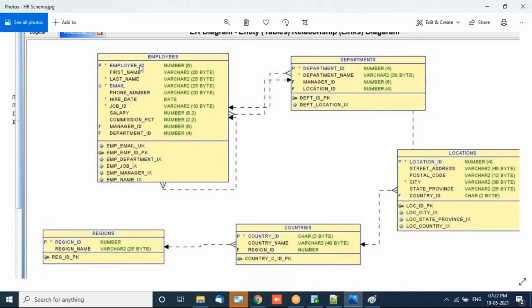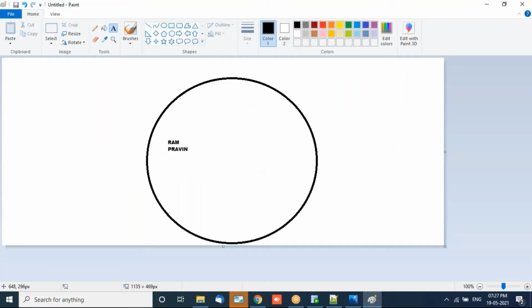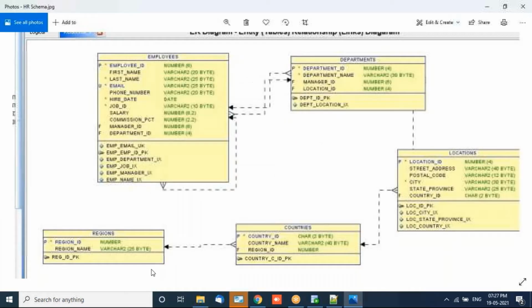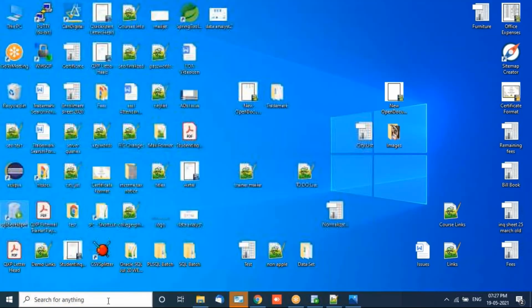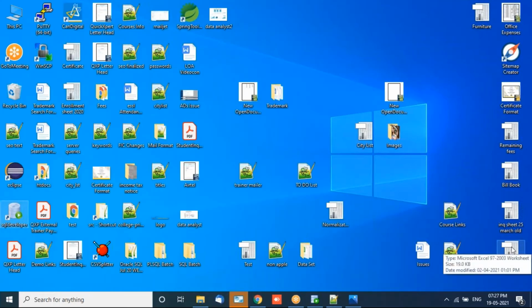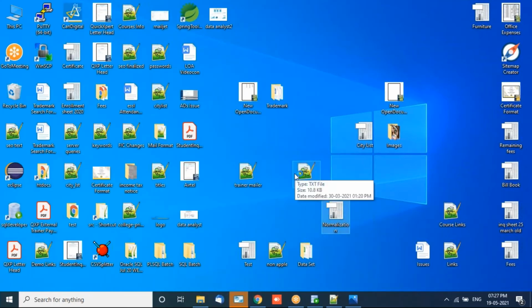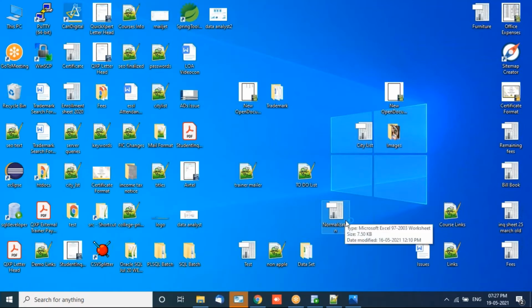Every table has its own information, like employee ID, first name, last name, manager ID. Department also has its own information. And how are these two linked? They are linked via the IDs. You can see here department ID and department ID. This is called the process of normalization. The way normalization works is that you conserve space. See here, this is a simple illustration of normalization.